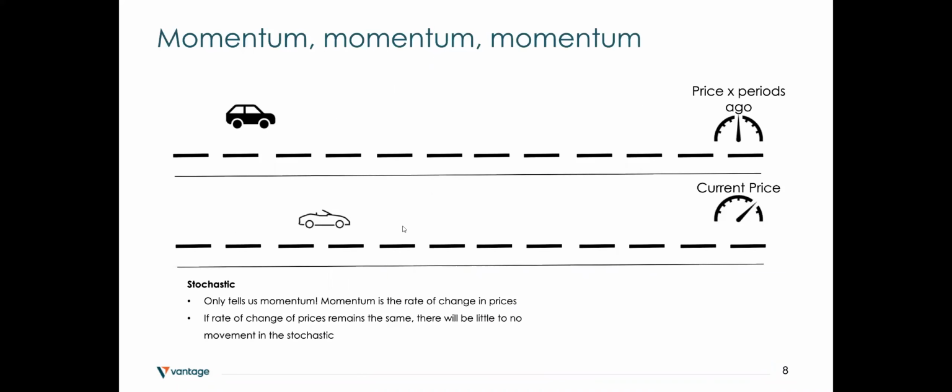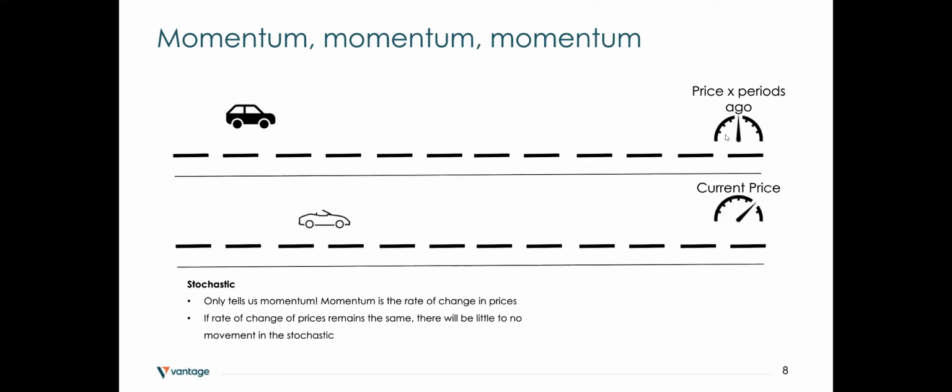Okay, so again, to really highlight on stochastic, a lot of people look at stochastic as an indicator to predict price direction, but in fact it doesn't tell you the direction, it just tells us the momentum in which it is moving. Okay, so if you use an example of 2 cars on the road, basically the speed that you're going